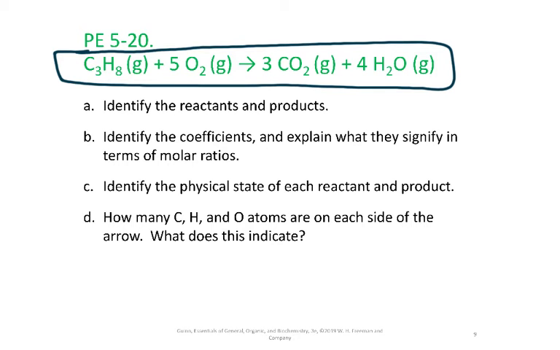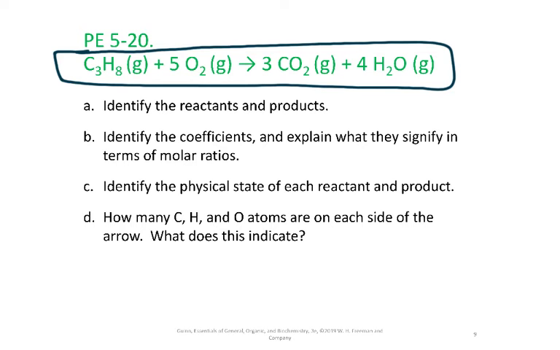And just some identification questions here, right? Identify the reactants and the products. B, identify the coefficients. Explain what they signify in terms of molar ratios. Identify the physical states of each reactant and product. And how many carbons, hydrogens, and oxygen atoms are on each side of the arrow, and what does this indicate? All right, so go ahead and think about those for yourself. And when you come back, I'll go through them each individually. So pause